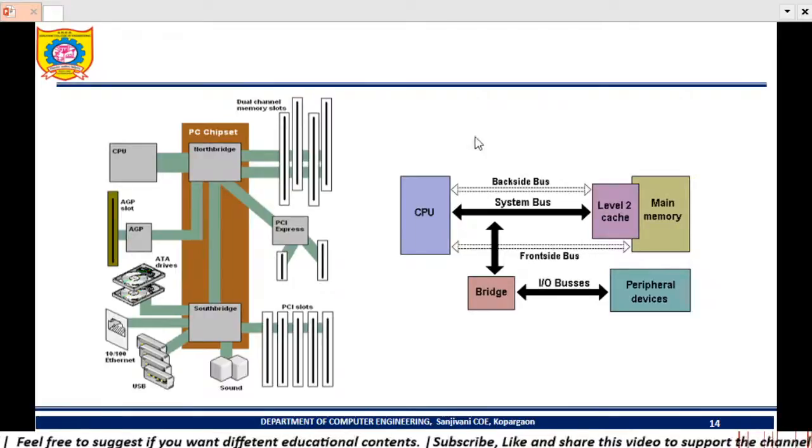Okay, the system bus is a combination of address, data, and control bus. Okay, bridges can be used for direct communication. Like you can put any PCI slot here for communication, with any device directly connected to the PCI slot. So it does not become a peripheral device, it becomes an internal device because it is directly connected to the motherboard. So bridges are used. And for front side buses, like the front panel is there on